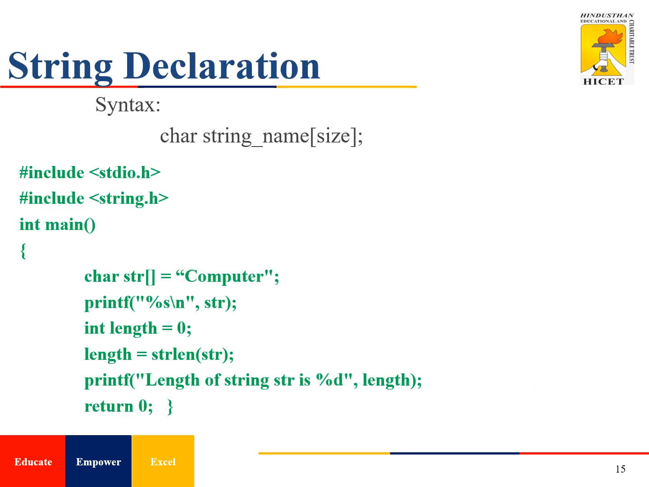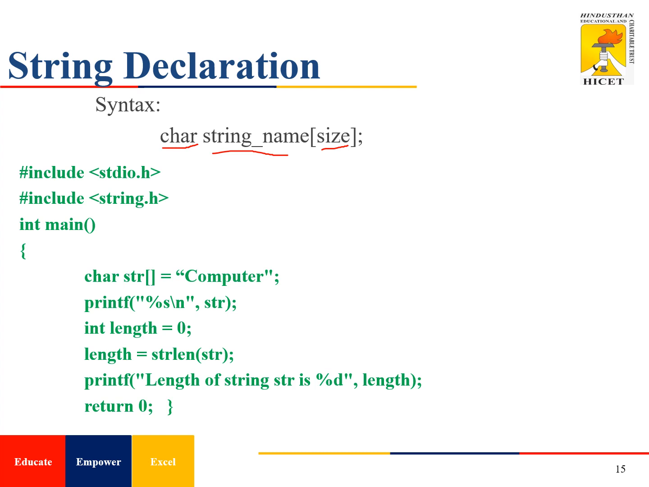This is string declaration. The syntax for string declaration is char, string name, size, semicolon. The data type used for string declaration is always char. Why? Because it is an array of characters, right? I'm assigning letters and words. So definitely the data type used to declare a string is char, and we need to mention the string name and also the size. Why? Because we are going to store the string as an array,